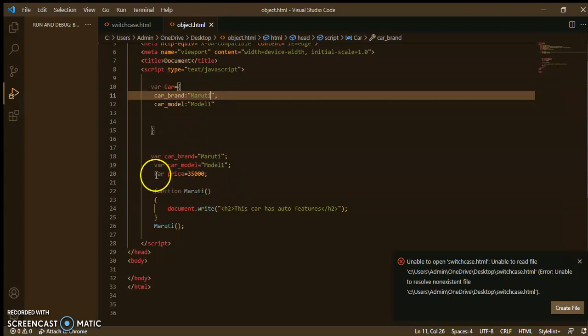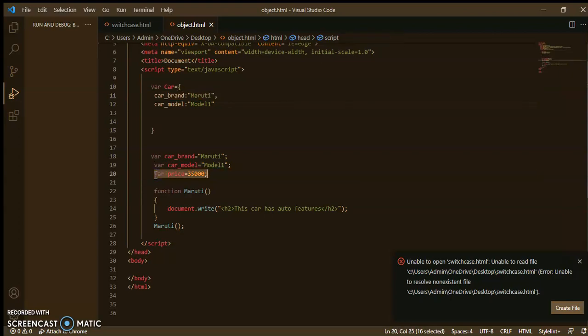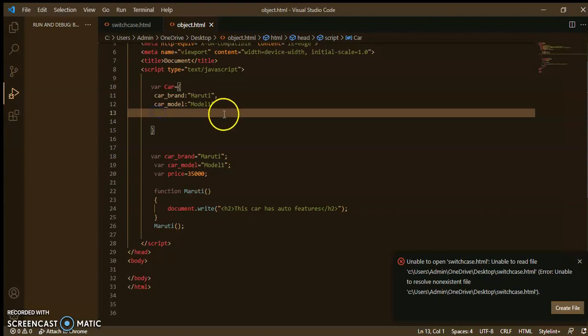Now for var price, for var price you will define like this, colon 35,000, and in place of semicolon nothing.